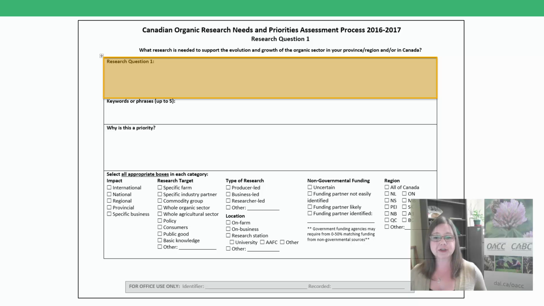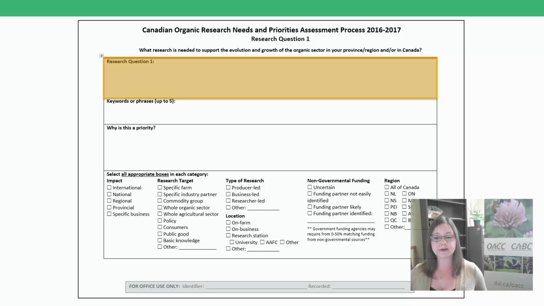The research question should help to guide researchers in formulating projects that can work toward providing an answer to the question. While we want the question to be clear and simple, please do provide any details that are needed to define the relevance or scope of the question, such as the region, the system, the crop or animal or process, etc. Please focus on questions that need to be addressed with research, not extension.